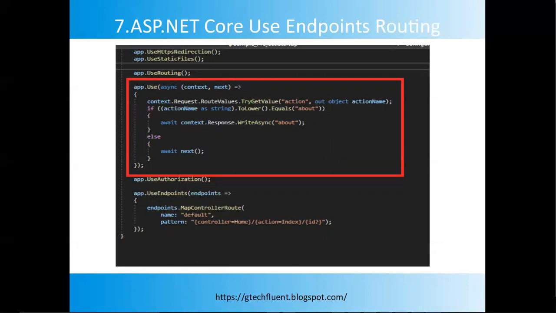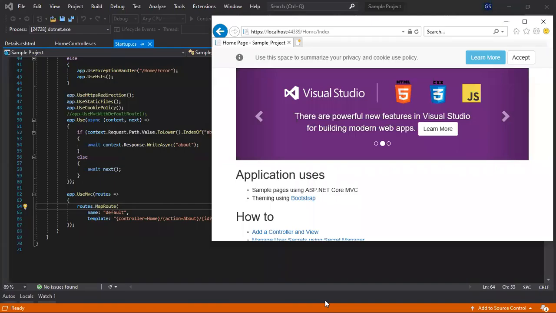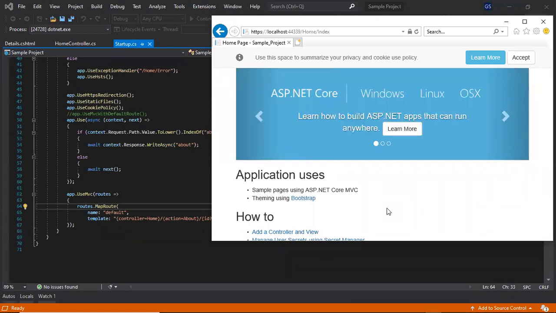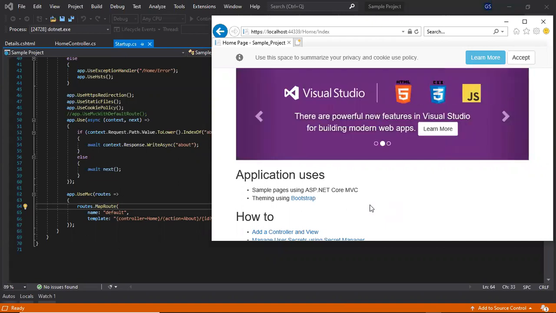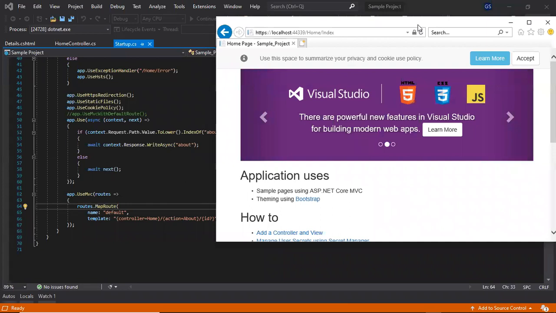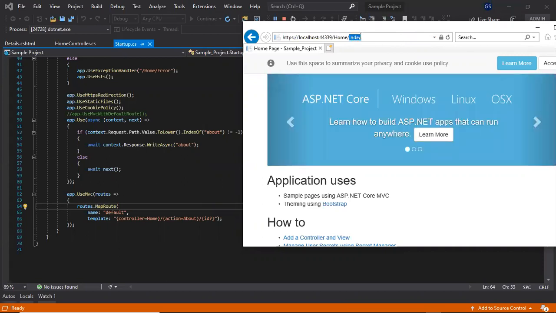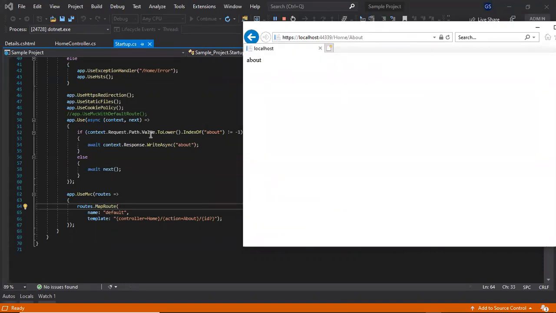So let's see route metadata working in action, and let's switch to Visual Studio. To demonstrate the difference, we have created two projects, one in ASP.NET Core 2.1 and another in ASP.NET Core 3.1. The project you have seen is in ASP.NET Core 2.1, and as we discussed earlier, we have created middleware to check the user action. The current URL we are issuing is home/index. If I issue the URL of about, it returns the response because we have written the response for about.